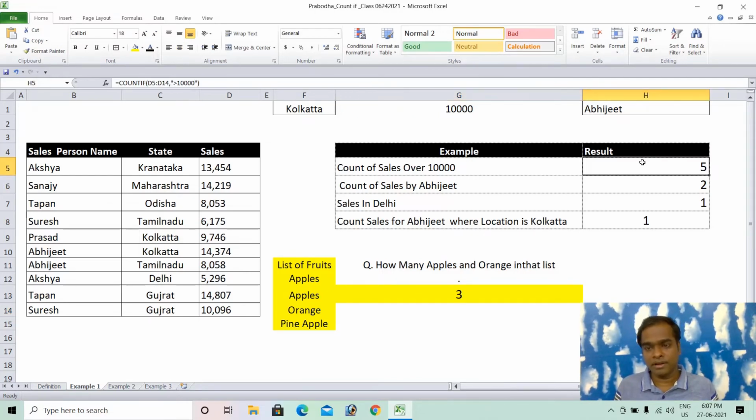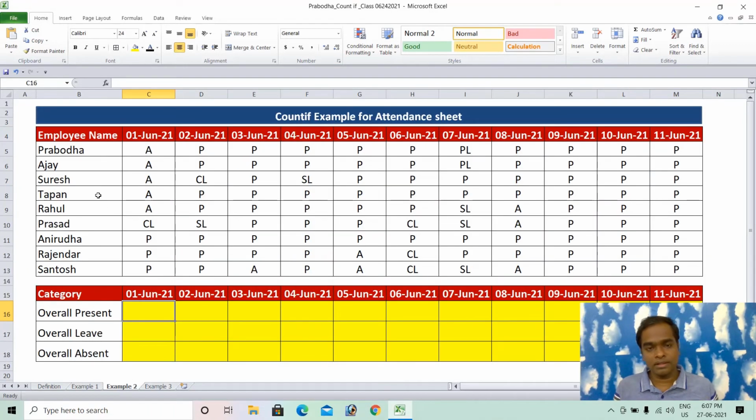So how does it work with COUNTIFs? The same thing we learned from this example, I'll take to another example here. So example 2. Here there is an attendance sheet we are tracking, probably on a daily basis. The attendance contains present, absent, and leave in terms of casual leave and sick leave, that is CL, SL, PL. I need the count of overall present for a particular date, overall leave for a particular date, and overall absent. In this scenario I need to apply one formula, COUNTIF,